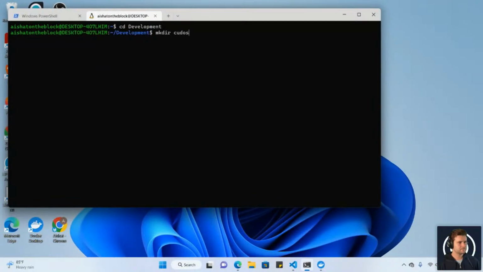Directory Kudos messaging contract front end, or let me just put dApp, so you know this is the front end of the dApp. And inside of this directory, I'm going to